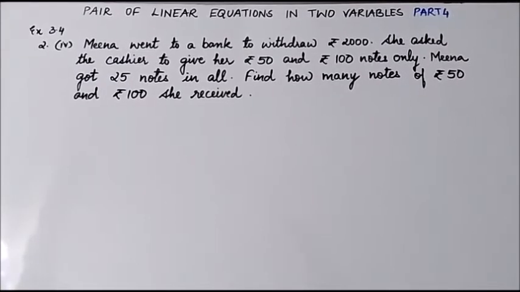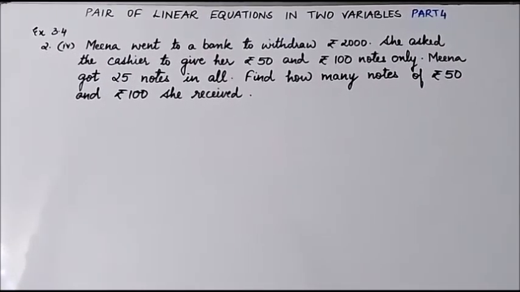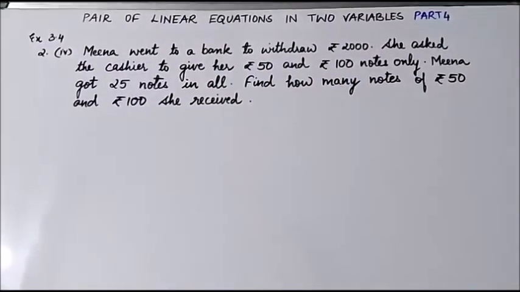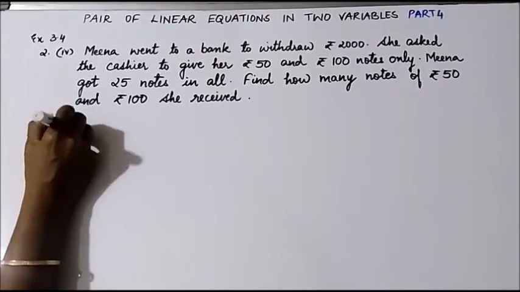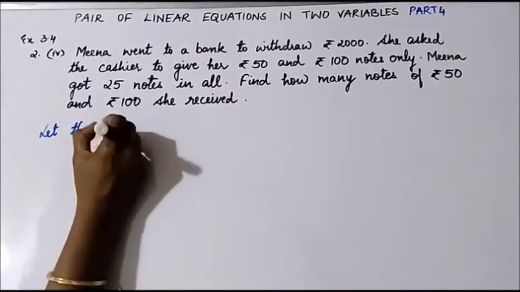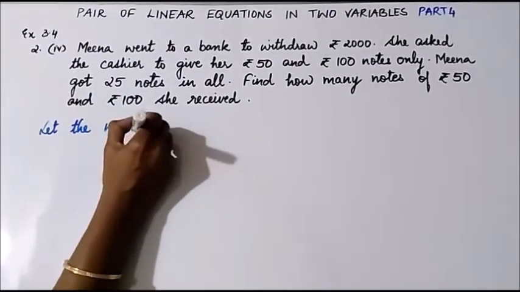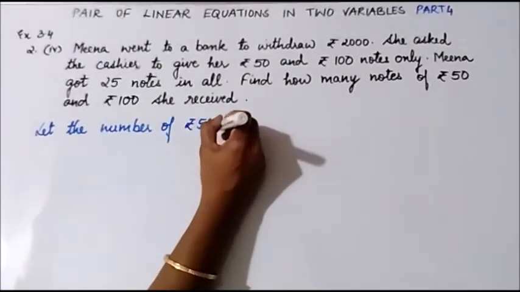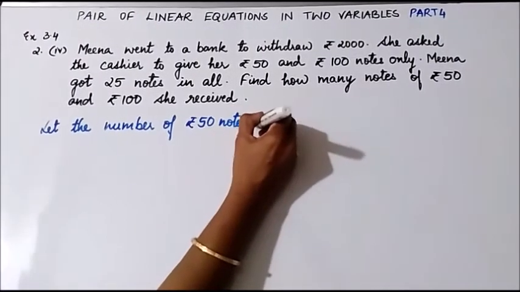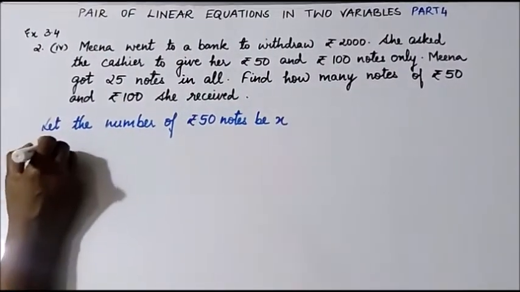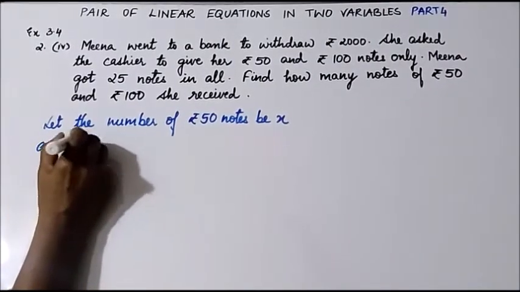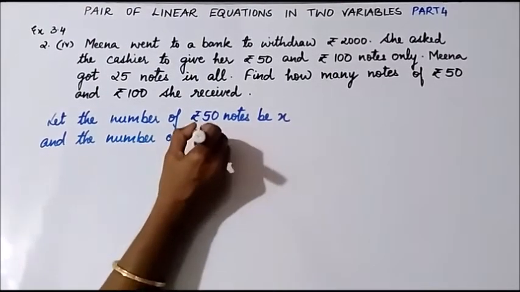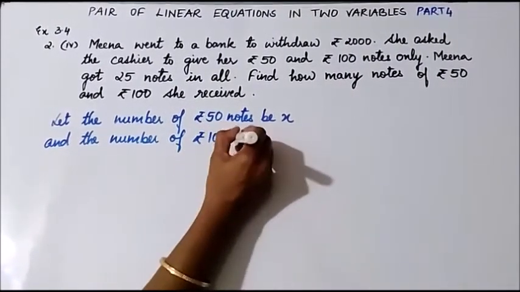She asked the cashier to give her rupees 50 and rupees 100 notes only. Now they have asked us to find out how many notes of rupees 50 and rupees 100. So first let's write, let the number of rupees 50 notes be x and the number of rupees 100 notes